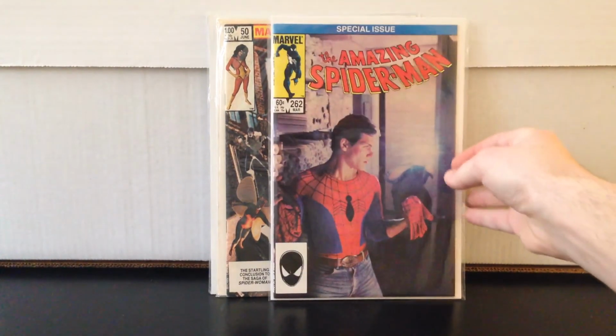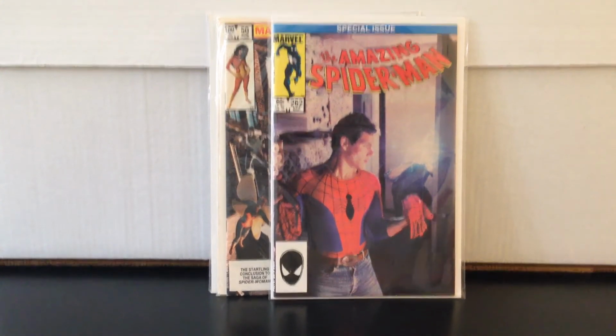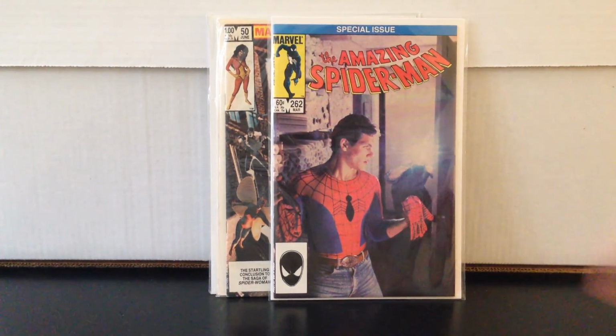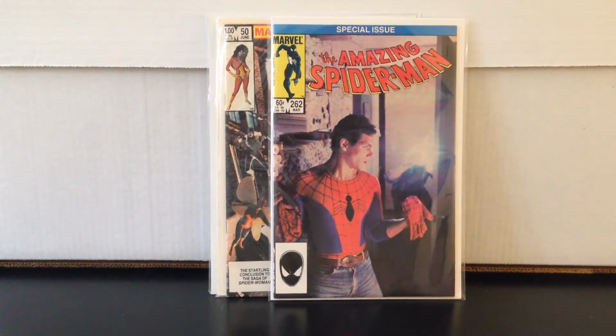And I remembered this Amazing Spider-Man 262, which I think is a shot from when they had a TV show. Just a horrible cover. I think what's happening is Peter Parker's taking his mask off, and there's a guy in the back taking a picture of him. Look at his jeans though. He's got his jeans. Maybe he's putting his costume on. I don't know. Weird cover. But